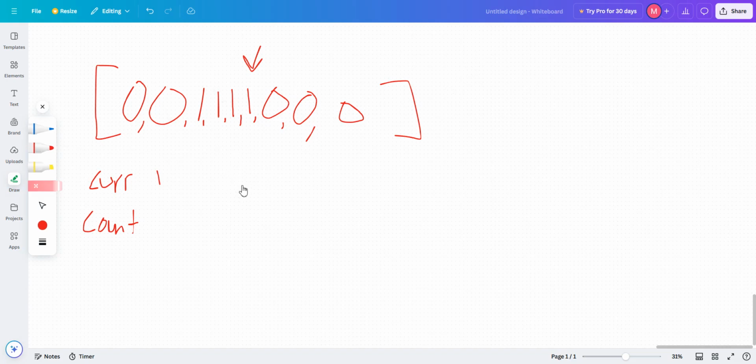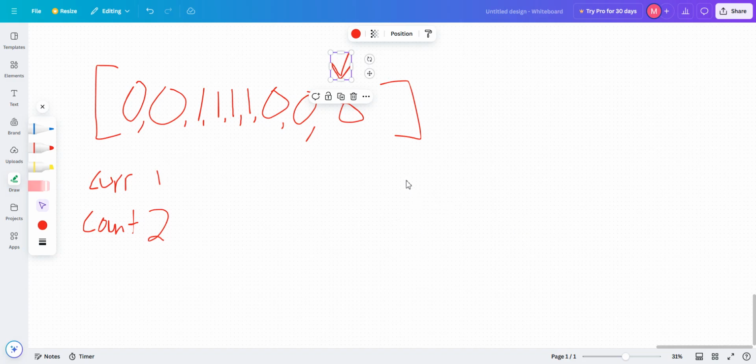Count would be, what would it be? Count would be 2, and then as we go through, count would be 1, count would be 0, and then at the end we'd be setting cur and count. But, excuse me,